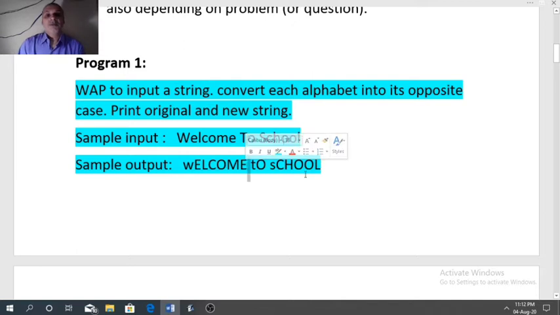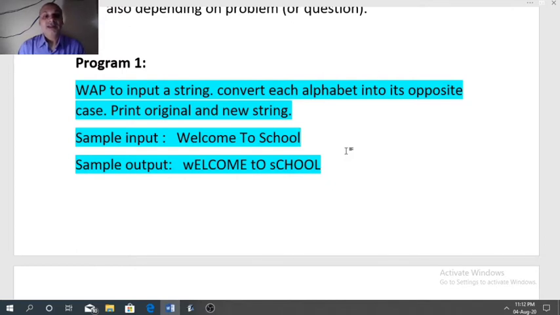So first we have to plan how we will design the program. First we need a string variable str1 to store the input. Now we need to extract each character of the string.